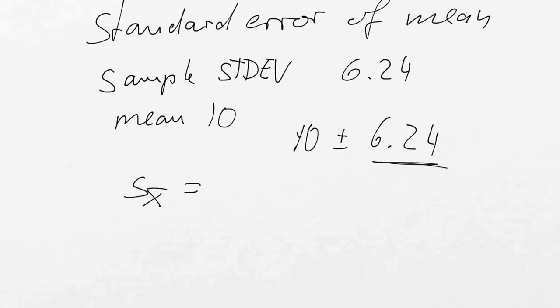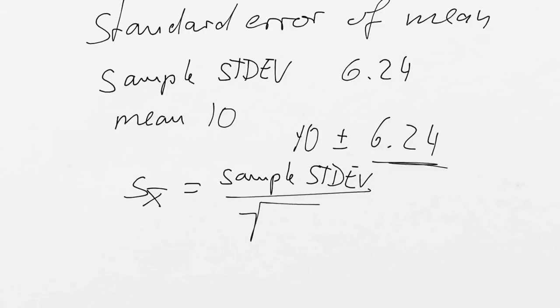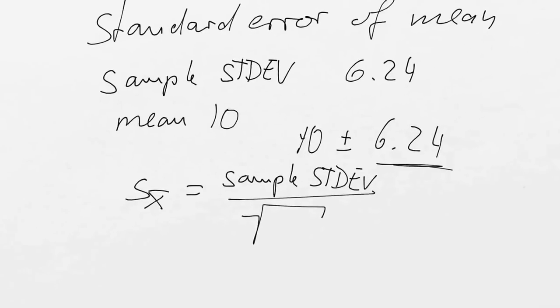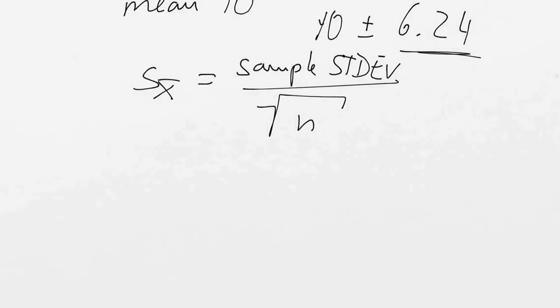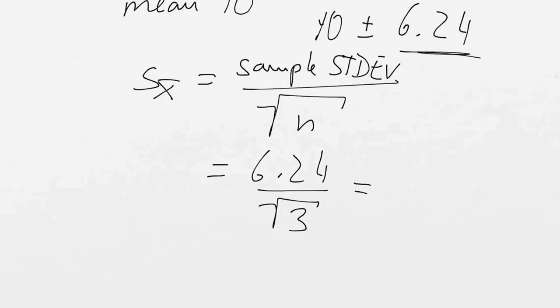That is the sample standard deviation divided by the square root of the number of data points. So in this case, it would be 6.24 divided by the square root of 3, and that gives you,